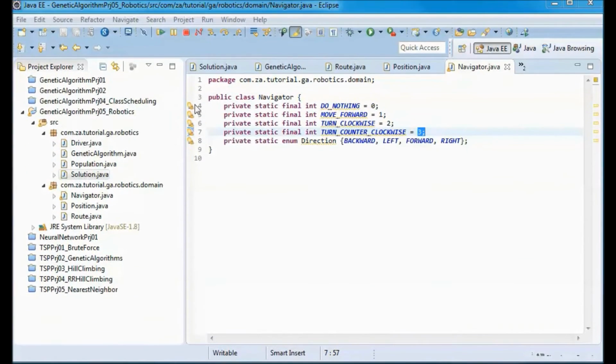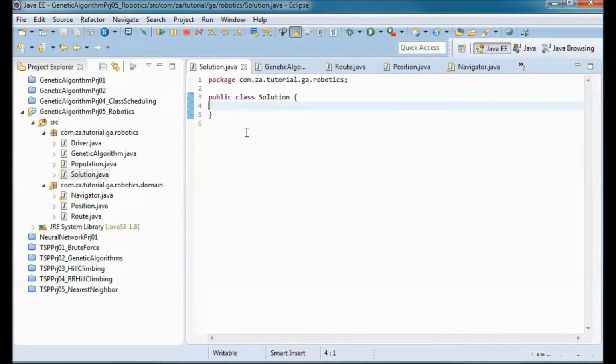And next, let's go to the solution class, and I'll define this number of digits to be 32.